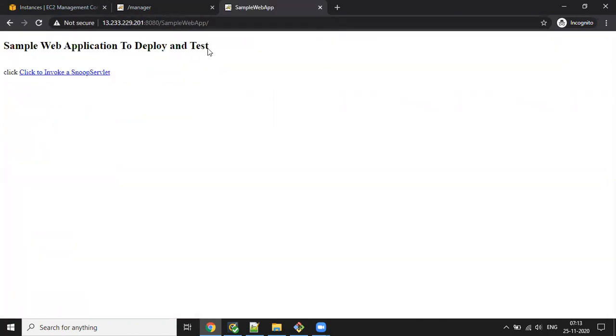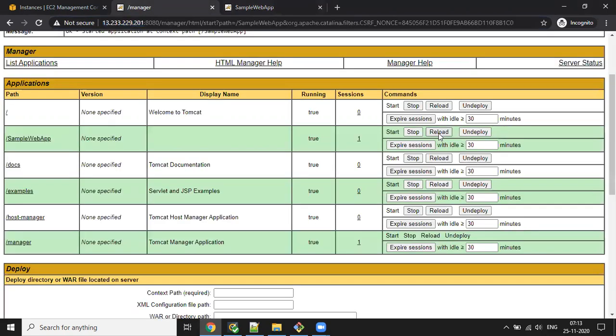This is one of the static pages. Suppose you are doing any hot fixes, say you are missing some text here and you are not able to get the actual content, then we can do the hot fixes and reload that war file. For that you don't need to restart the Tomcat server. Simply you can reload the war file, then you can start the application.